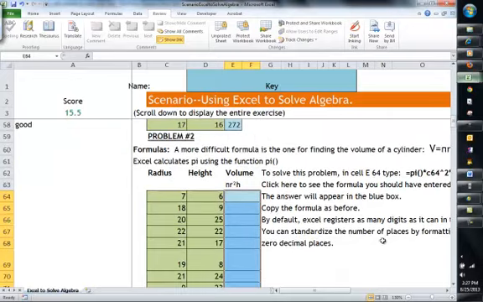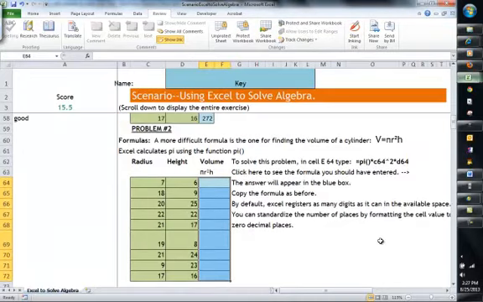This time, the formula is a bit more complicated, because we're going to have to take pi times r squared times h. So I'm going to turn on the calculator, and then pi is parentheses, parentheses. I don't know why they need it that way, but that's the way you need to write pi, times the radius. Only thing is, the radius is going to be to the second power, so we would say C64 to the second power